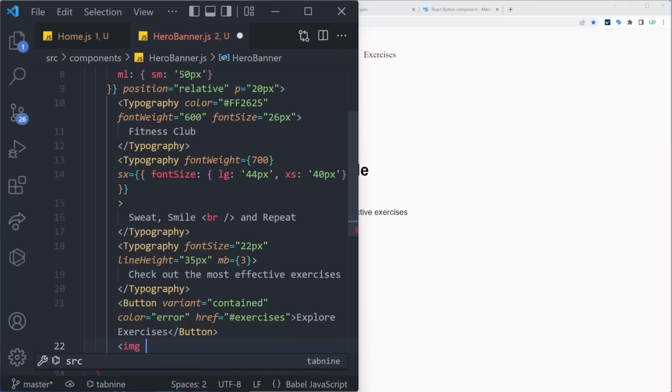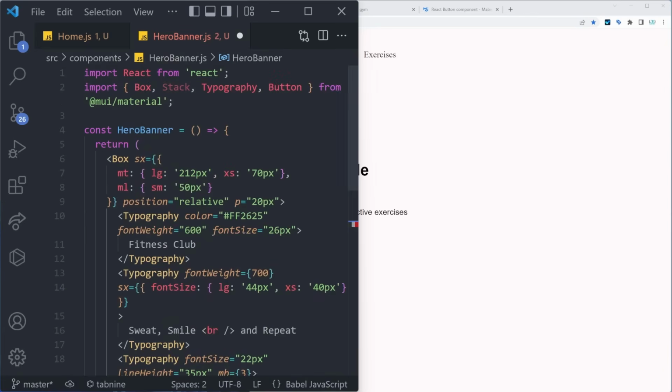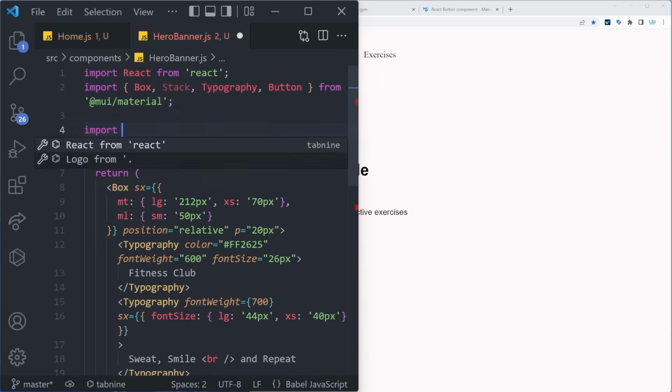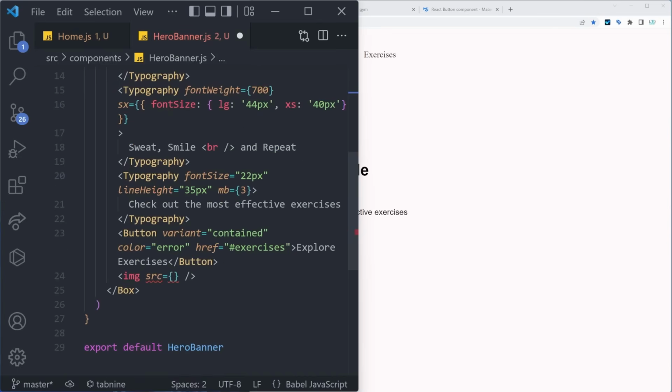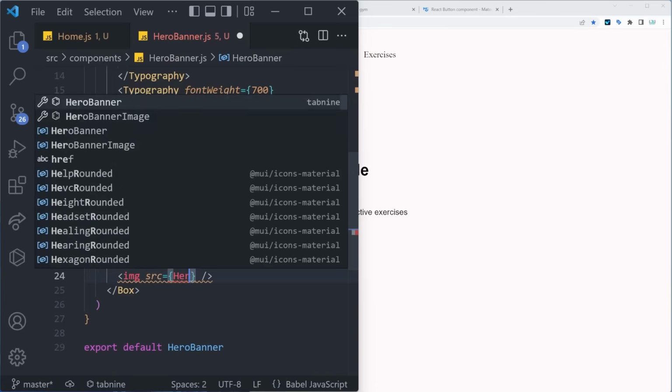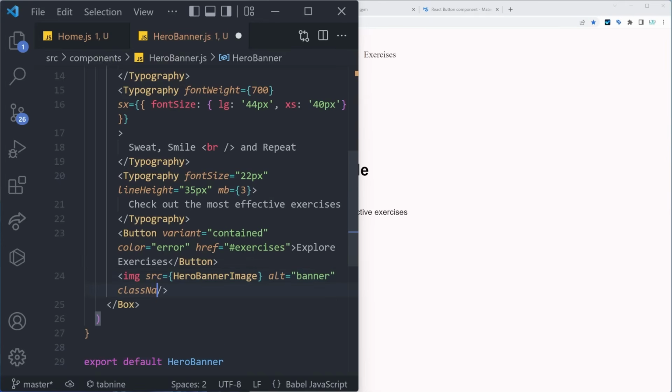We can say img, and then the src is equal to, and now we have to import that image. So we can say import HeroBannerImage coming from ../assets/images/banner.png. And we can simply use it here, HeroBannerImage. We can also give it an alt tag equal to banner. And we can give it a className, which we defined in the App.css, equal to